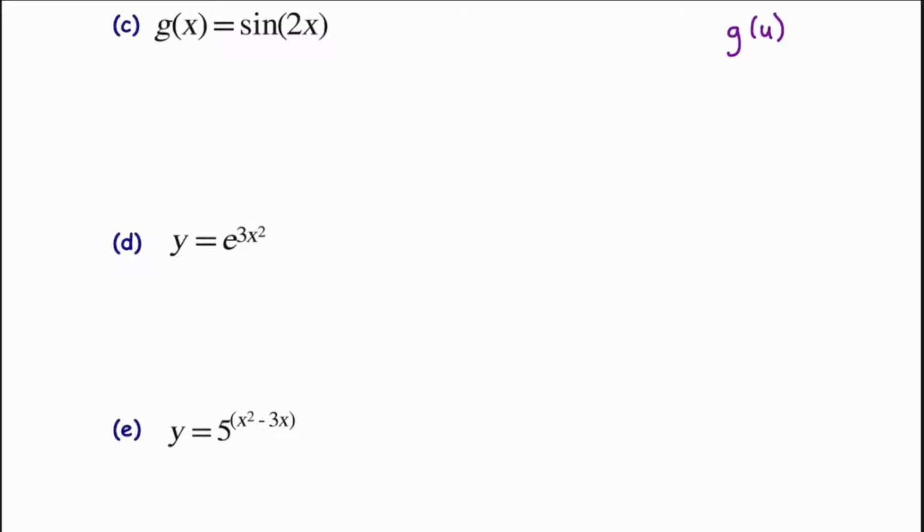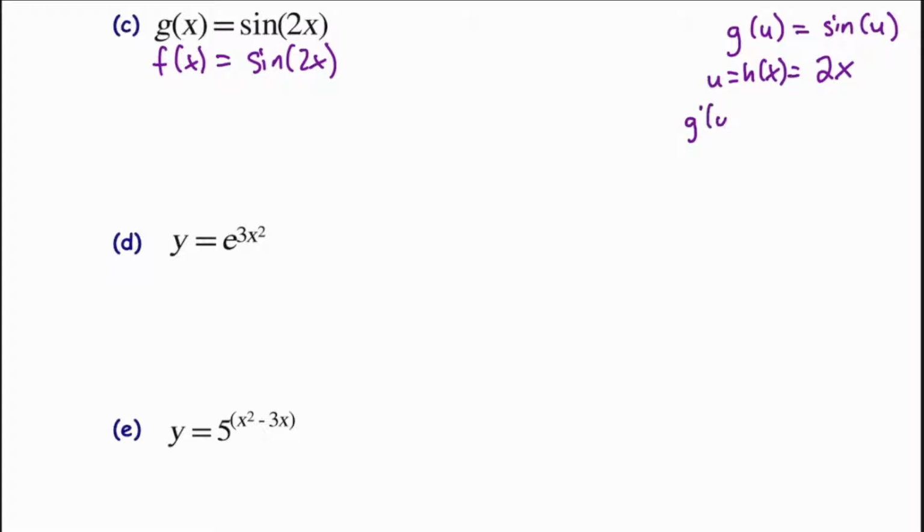And I'm actually going to rewrite this just so we're not confusing our notation. I'm going to use f of x once again equals sine 2x. So g of u, our outer function, is equal to sine of our argument, of u, where u is equal to h of x, which is my inner function, which is 2x. So I know g prime of u is going to be